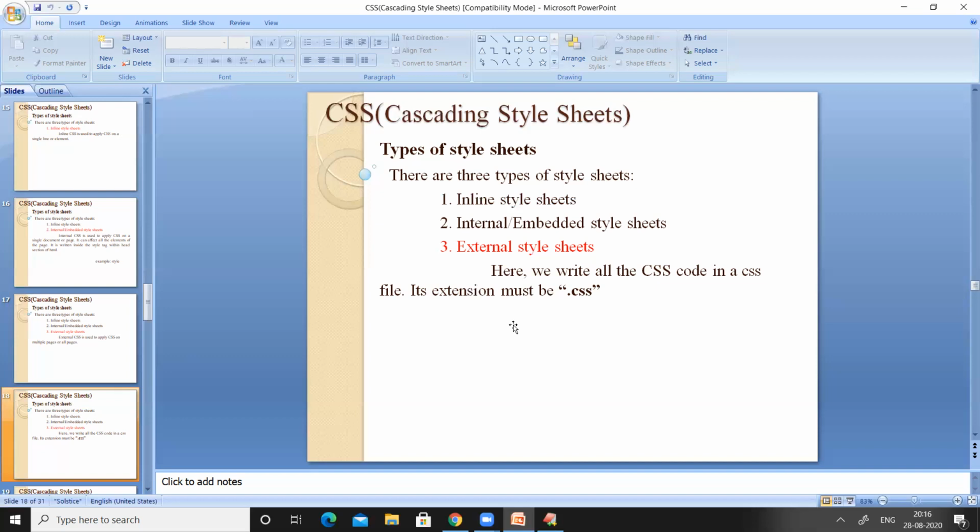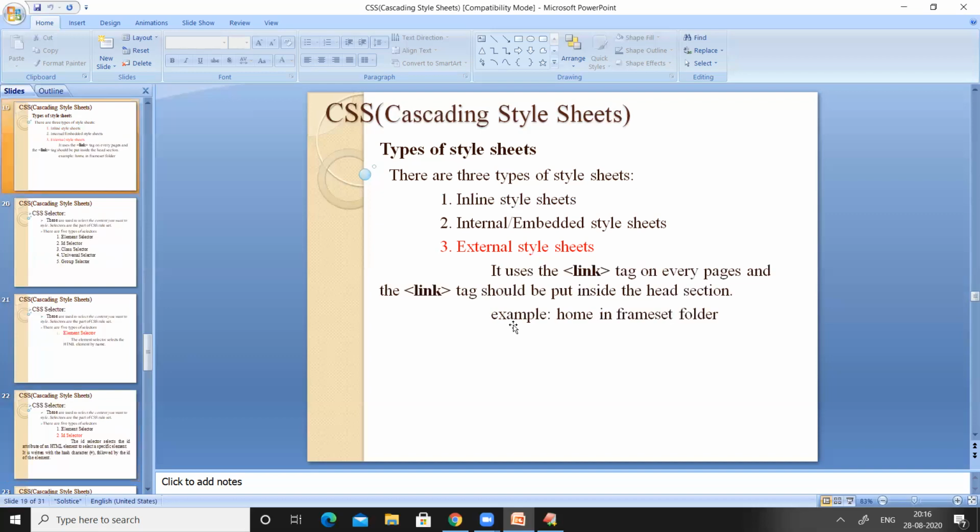Its extension must be .css. And then how to bring that separate document into our HTML document is one of the questions which will run in the minds of many people.